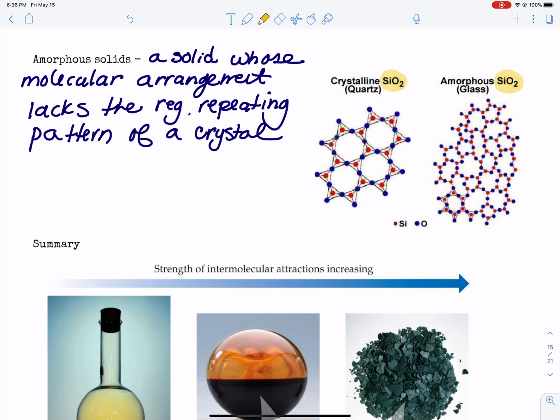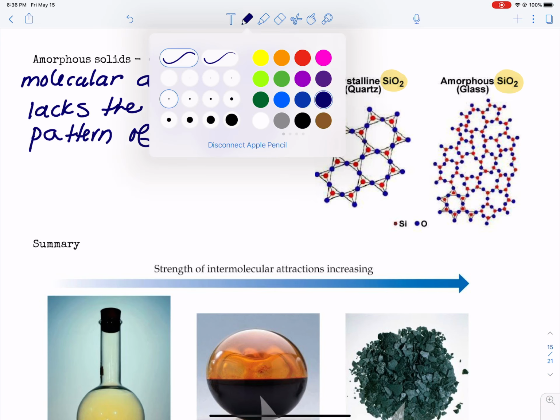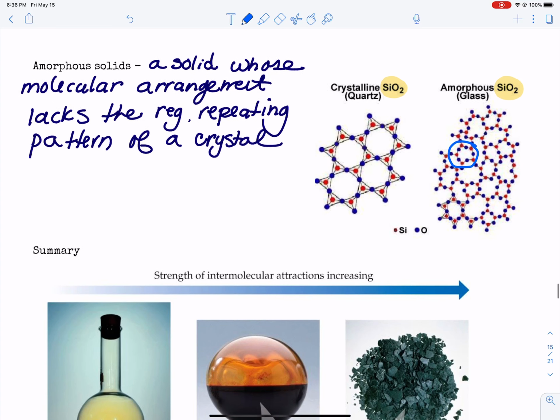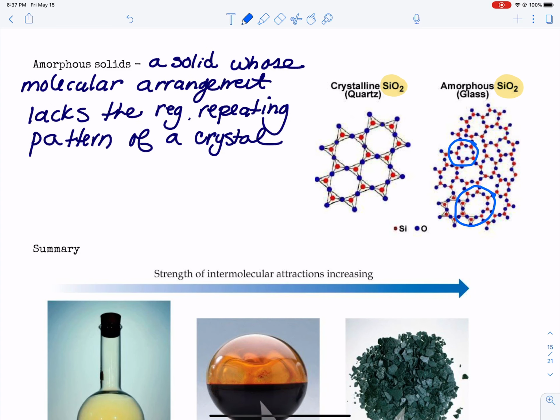And if you look at what's going on here, so the silicon dioxide, that would basically be like the silicon is the red and the oxygens are blue. I know it seems a little weird there. But if you look at how these guys are arranged, right? Sometimes you have, like, look at this ring. This is a big ring. And sometimes you have little rings here. Because they have a varied structure,